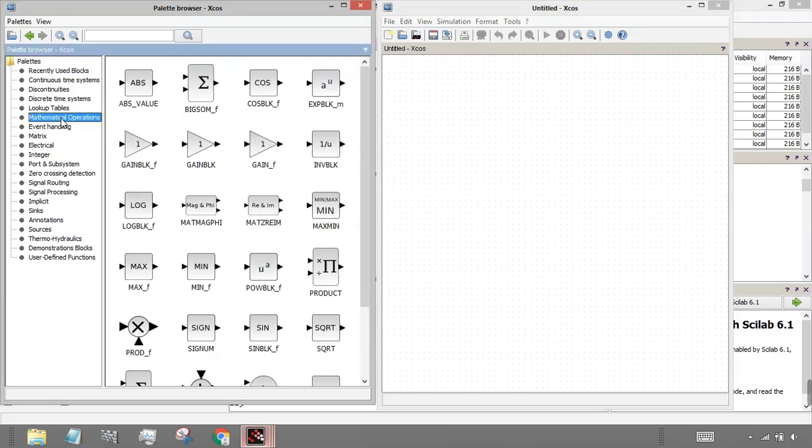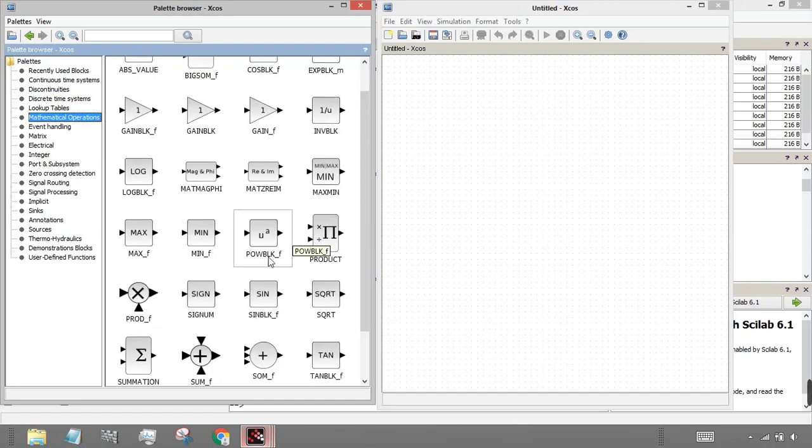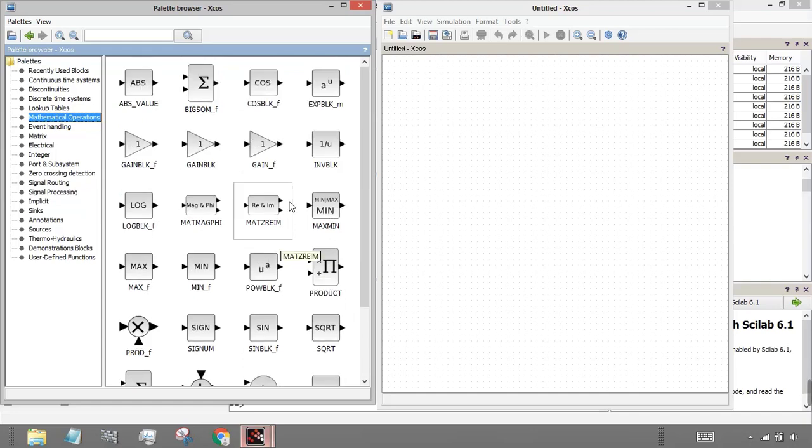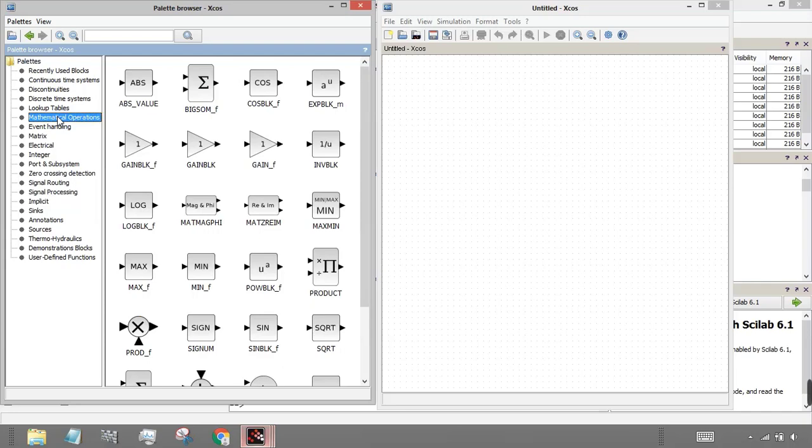We will go to the mathematical operations. Over here you will see all the operations you can perform, like summation, product, square root, power, and square. We'll see each one by one when we do various simulations.